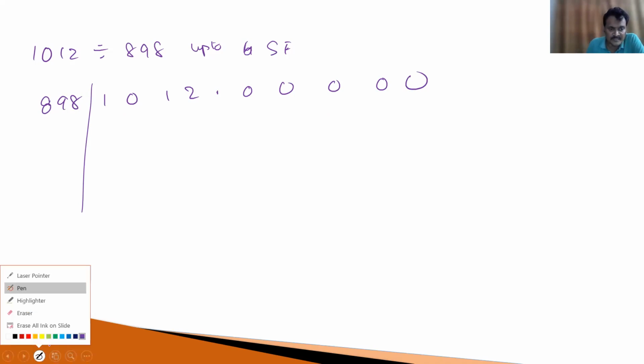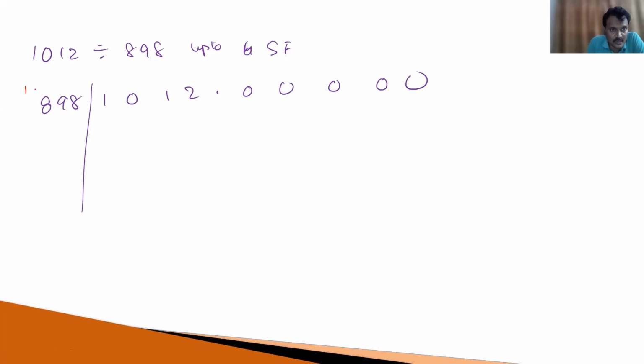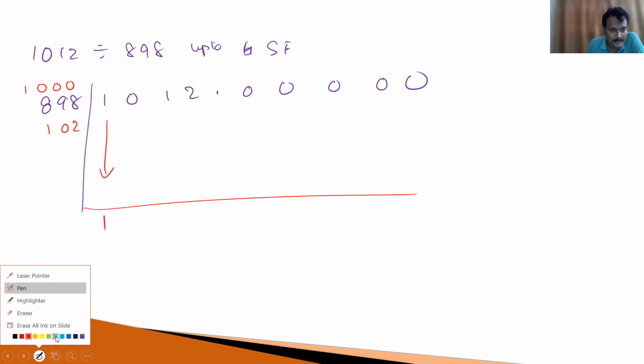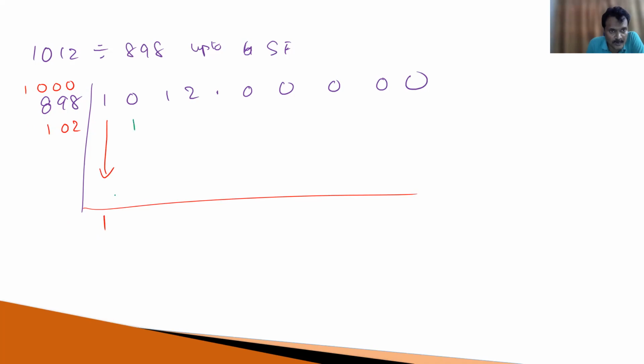What is the nearest base of this number? That is 1000. Now 1000 minus 898. You should simply take the complement of this number. What is the complement? 102. Now, what is the first step? Straight away write down 1 as it is, no change at all. Next, 1 into 1 is 1, 1 into 0 is 0, 1 into 2 is 2. Once you reach the decimal part, just put a decimal here.